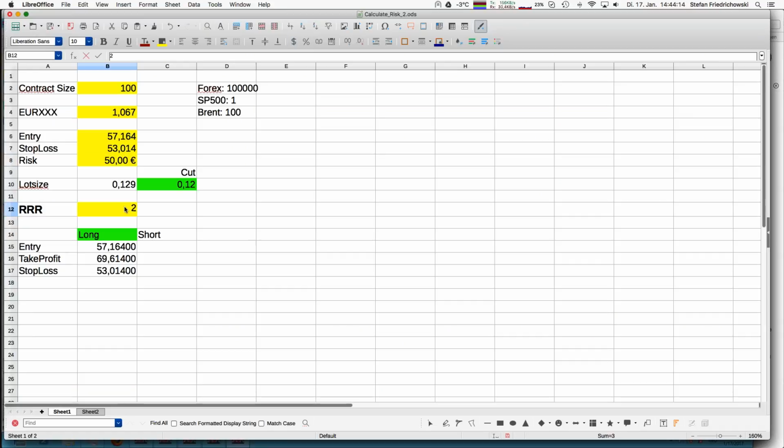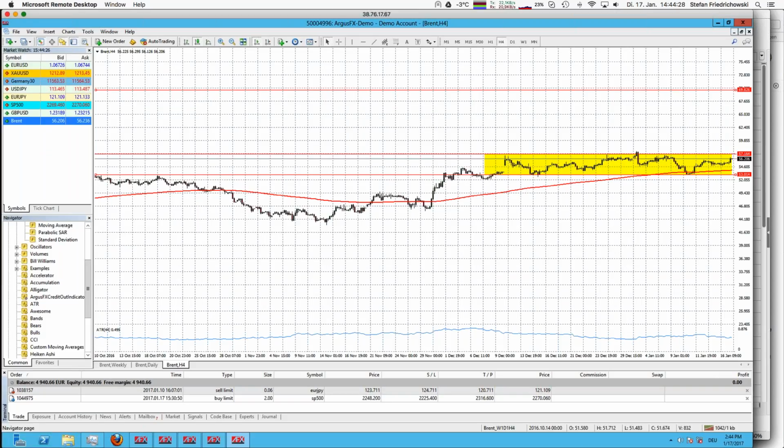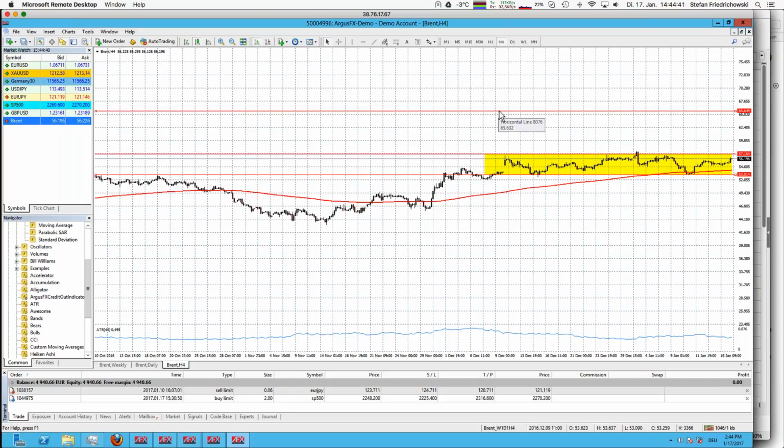So at this point in time, I change the risk reward ratio to 2. That gives me a new level for my take profit, 65464. And I can switch to the chart once again and now have that level set to what we have calculated. So that is about here. And now the trade looks better, and therefore it's time to have that trade running.